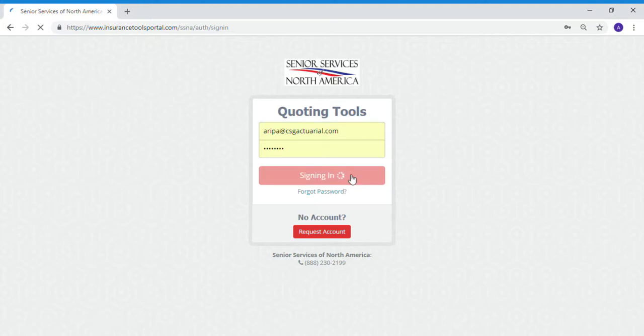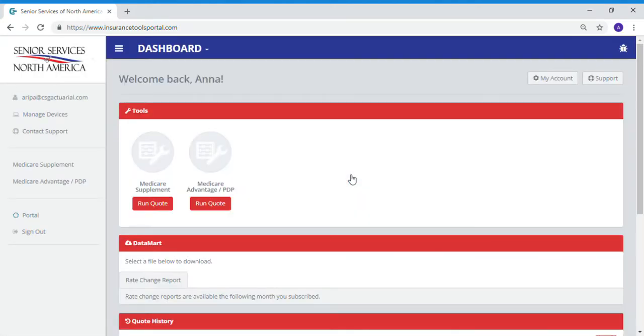Once you hit sign in, it is going to bring you to what we call the dashboard page where you're able to run quotes. So you have access to quote Medicare supplements and Medicare Advantage plans. So I'm going to walk you through how both of those quoting tools work. So underneath Medicare supplement, if I just hit run quote,